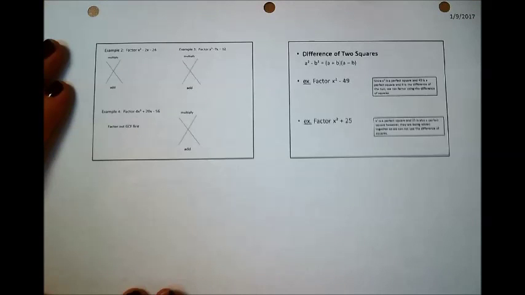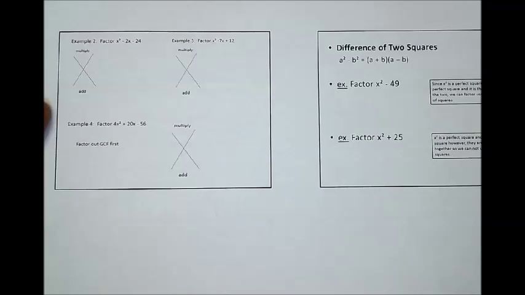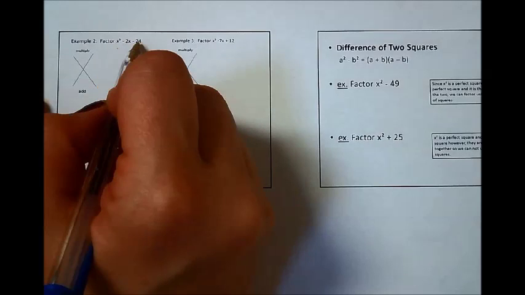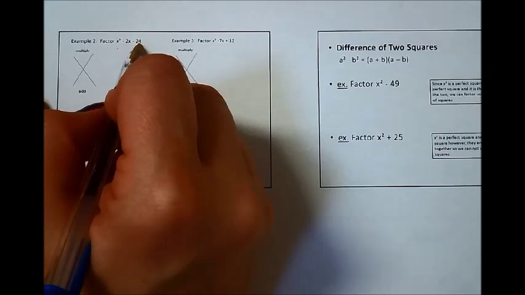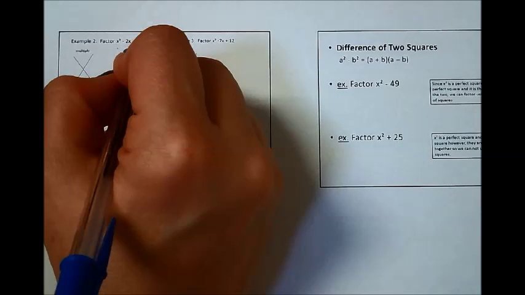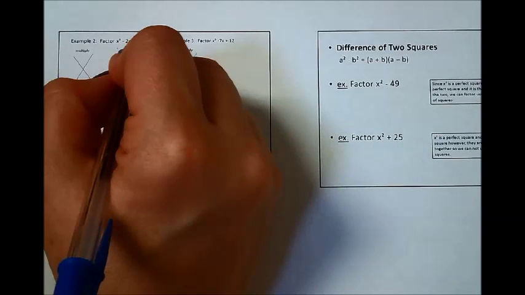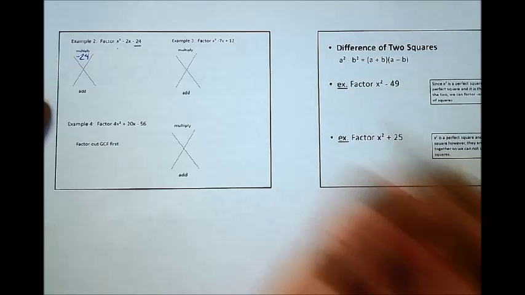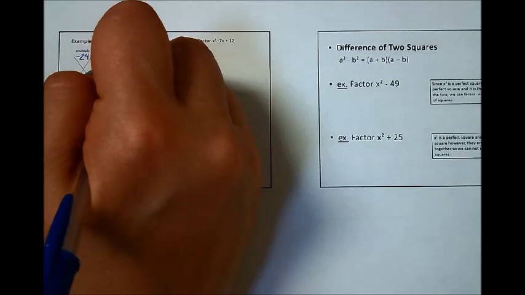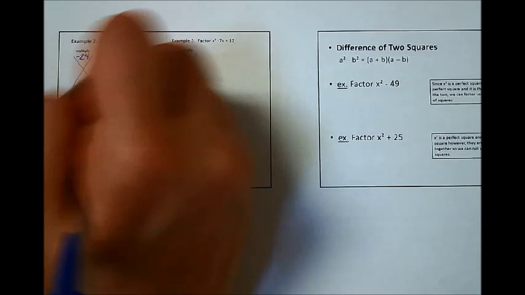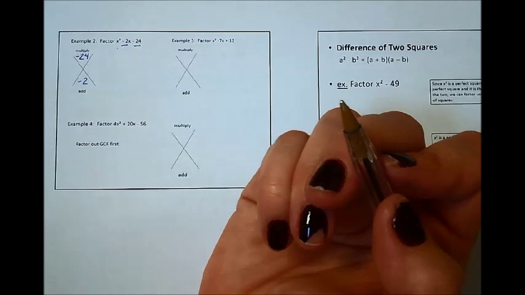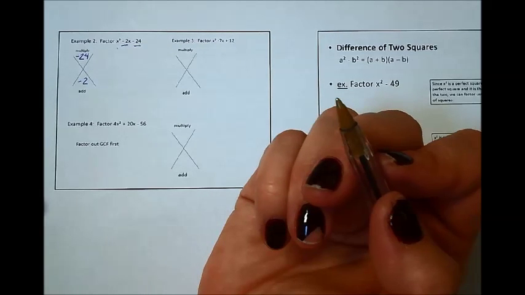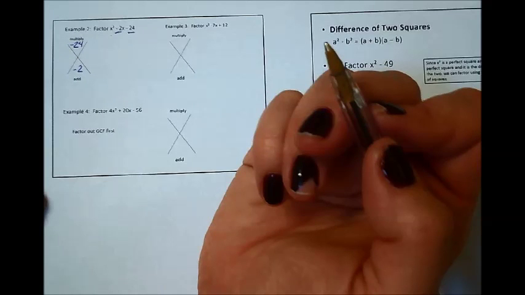Okay, let's zoom in a little bit. Here we have x squared minus 2x minus 24. This number here goes here, so we multiply to negative 24, and we are going to sum to negative 2. Off the top of your head, you might know it, but if you don't, then you're going to simply